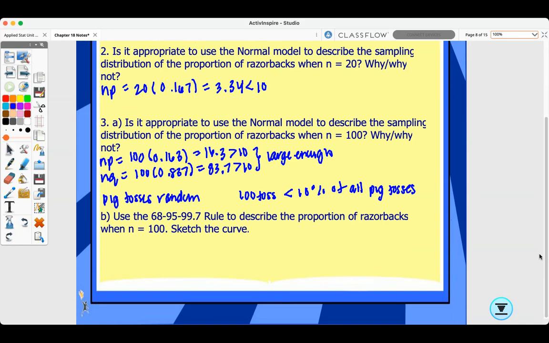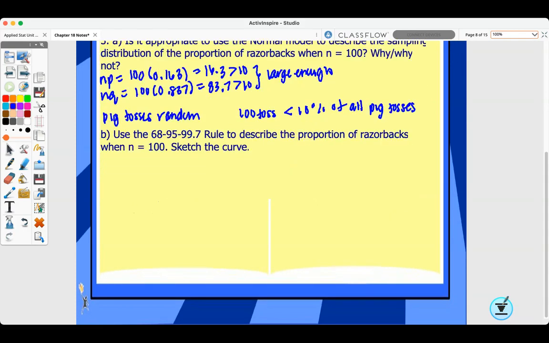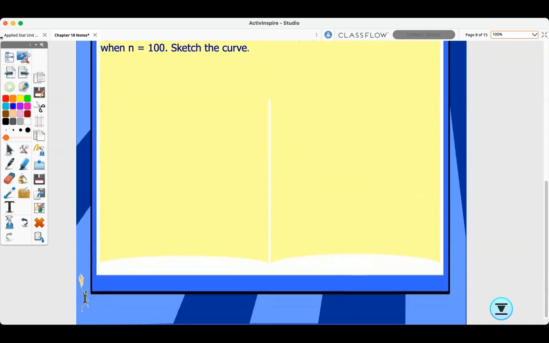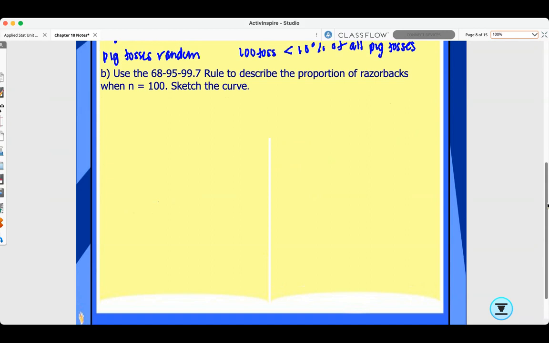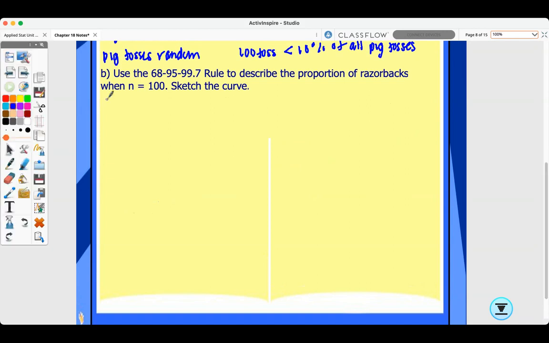So using the 68, 95, 99.7 rule, describe the proportion of Razorbacks when n equals 100, and sketch the curve. So here, when we go ahead and do this, we have mu of p hat equals 0.163. Our standard error, which is the same as the standard deviation, sigma of p hat, is 0.0369. So when I'm describing this using my normal model,